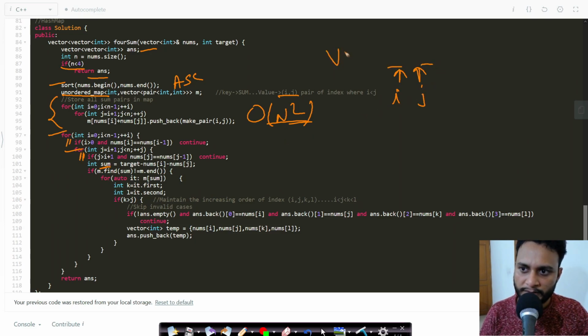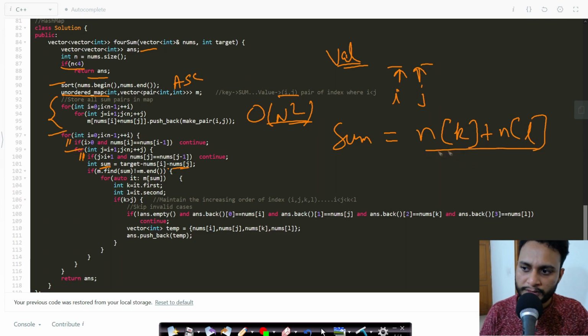In the theory part, it was called value. Once you find this sum, target minus nums i minus nums j, then this sum should be equal to nums k plus nums l. So this sum should be present in the map.